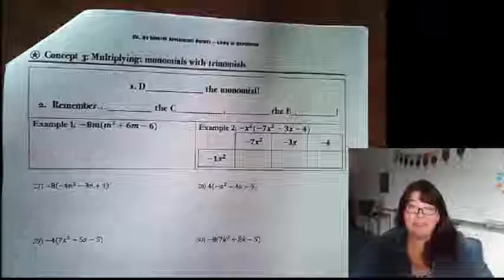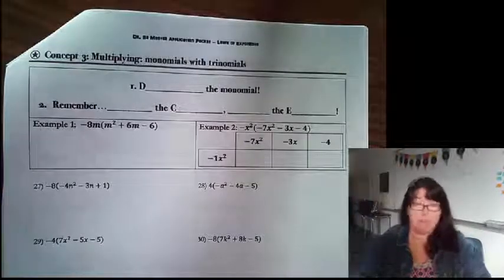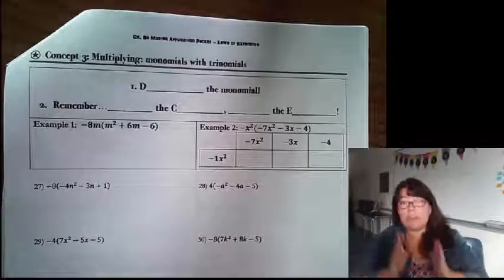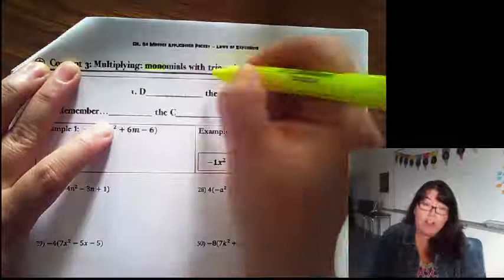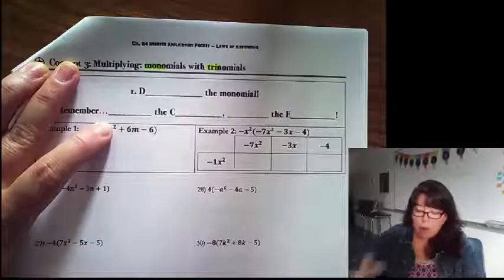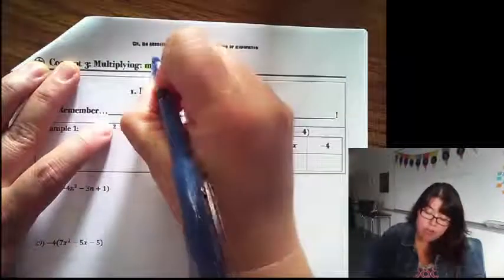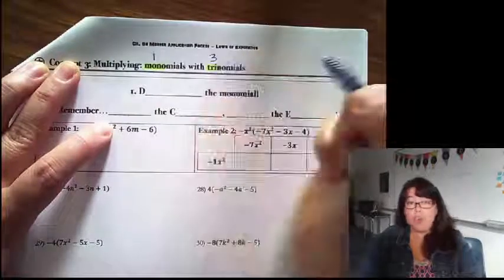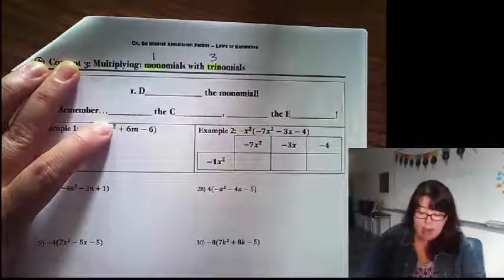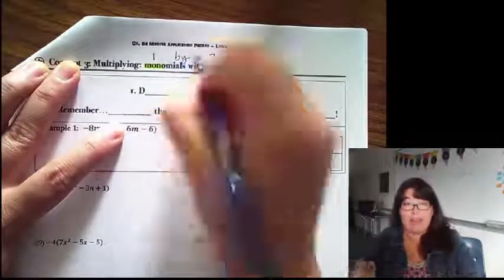Welcome to Chapter 8, Concept 2. Today we're going to talk about multiplying polynomials, and we're going to start small. So we're going to start by multiplying monomials with trinomials. Remember, monomial means 1 and trinomial means 3. So we're going to call the multiplication that we're doing today 1 by 3, and you'll see why in just